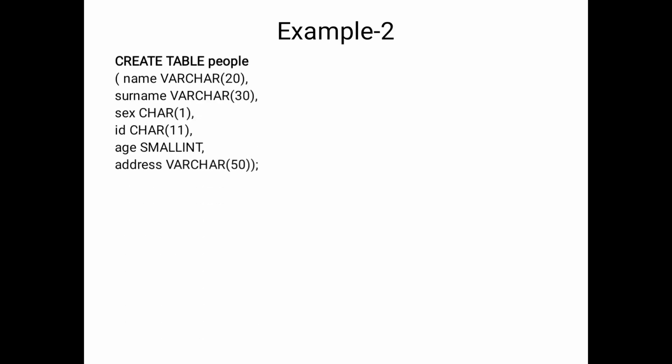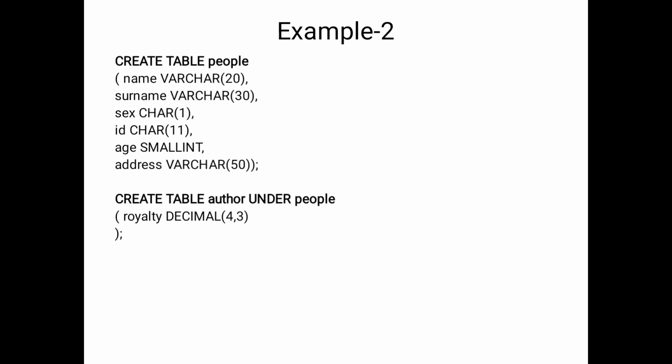Now we will move to the second example. Here I will consider the table name as people. Simply, this is also accepted, no problem. Create table people. Here I will consider six fields of information: name, surname, sex, id, age, address. Okay, so in this situation I will consider another table, that is create table other. Here I will mention under. What is the meaning of under here? This is related to the subtable. Which subtable? Here other is the table name under people. That means this is one of the subtables of people.